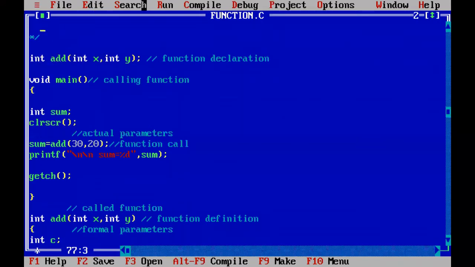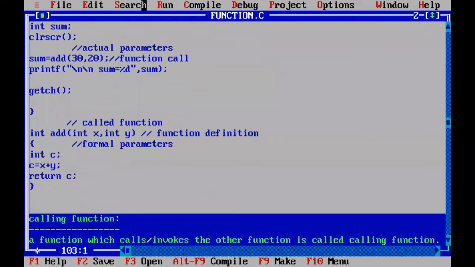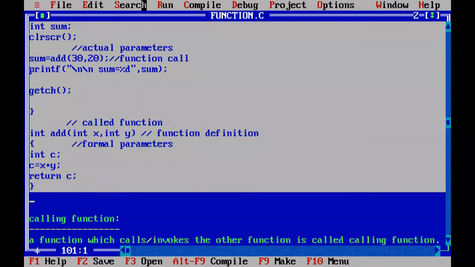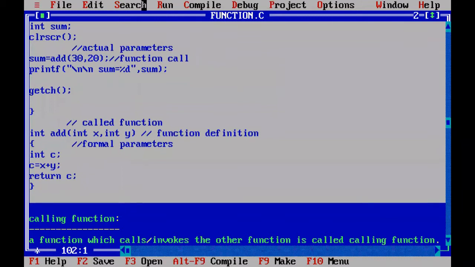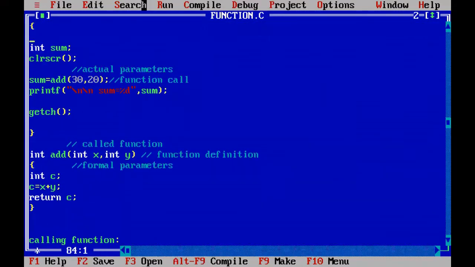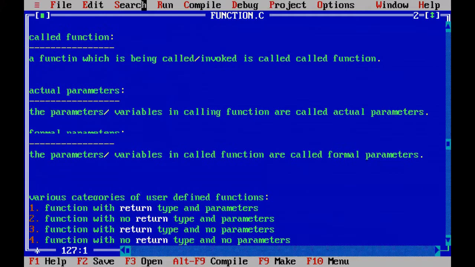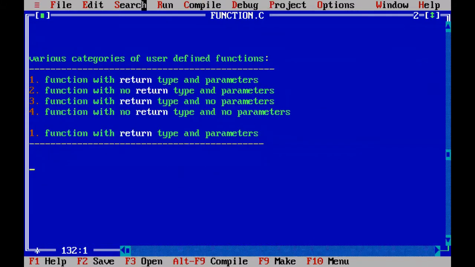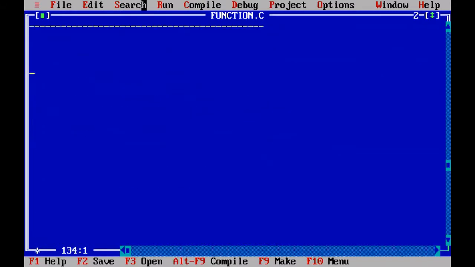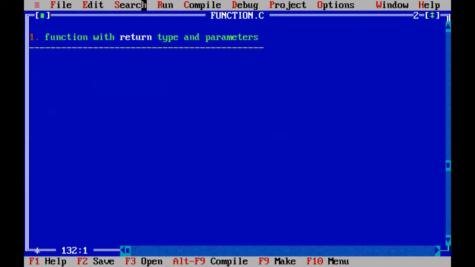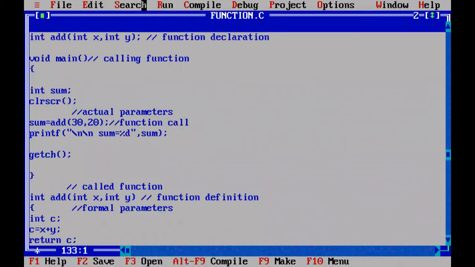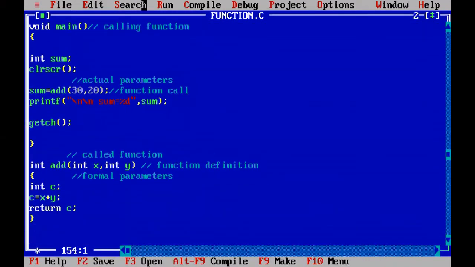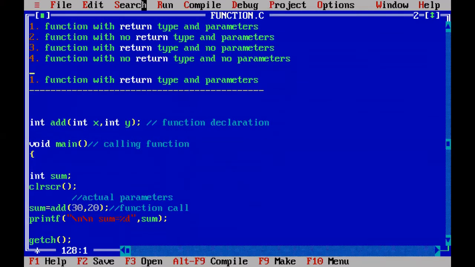So I'm copying the same program here. Till now, up to here you can copy. Go to the edit menu and copy. Come here and again go to the edit menu, paste. And try to execute it.